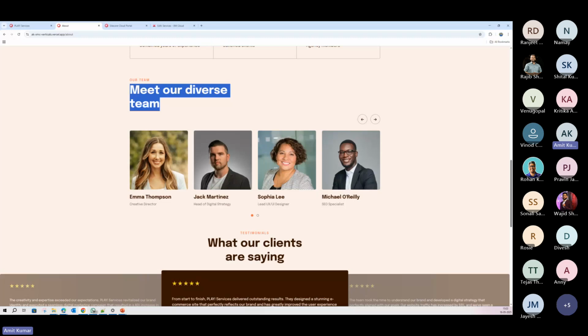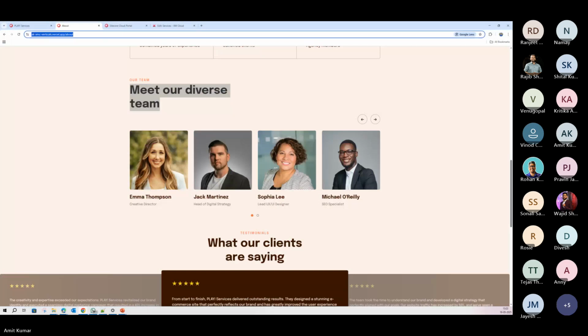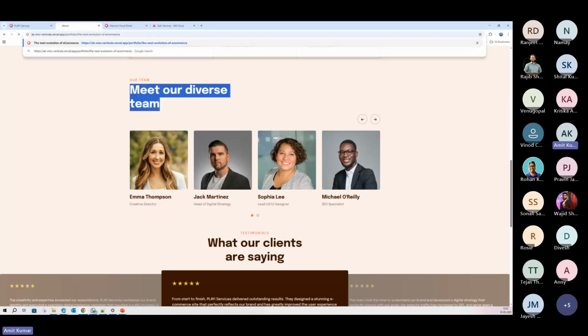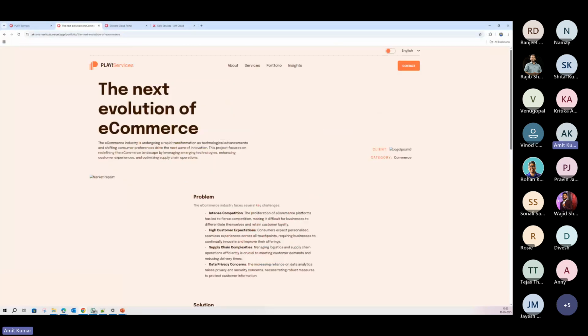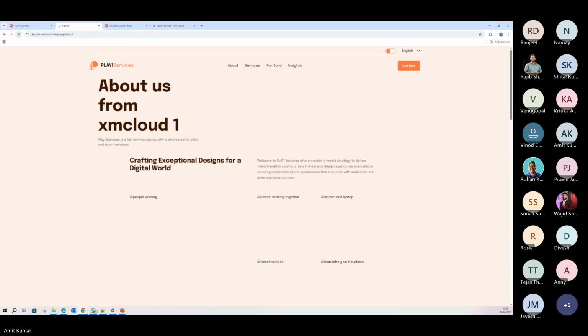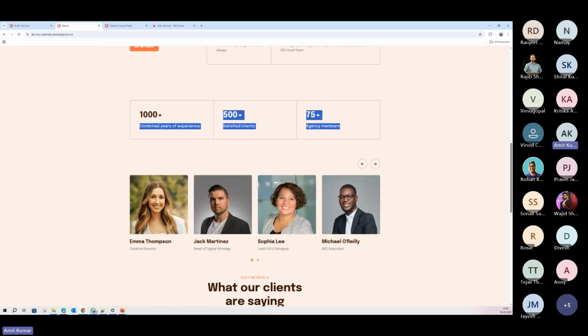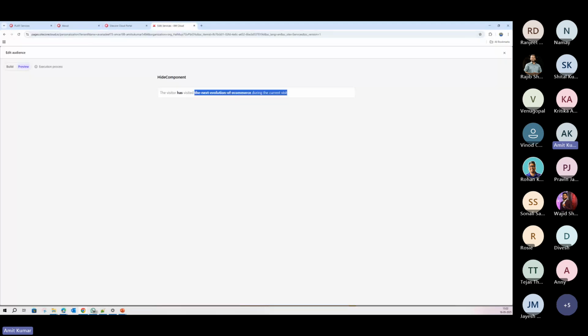So now I will go to this page and I will visit this and then again come back. So it should hide it, right? So that way you can implement the logic. It's a very simple thing to implement. So same way,